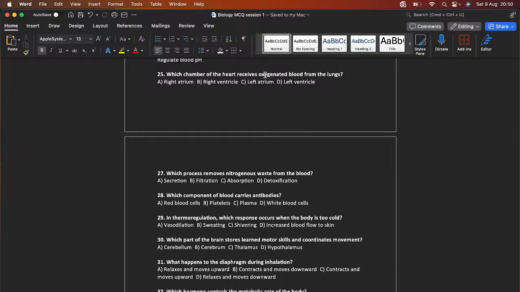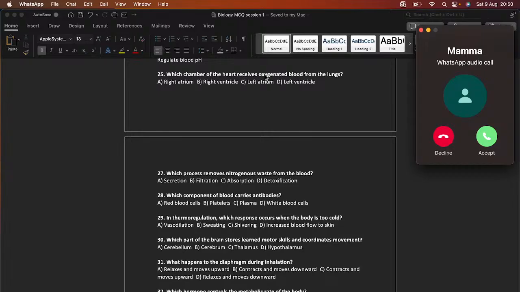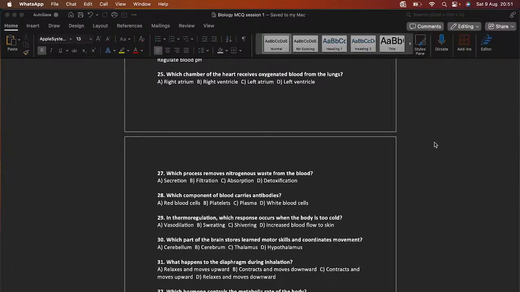Those go into the right atrium. But the difference here is that when the heart contracts and pushes the deoxygenated blood into the lungs, it does that through the pulmonary artery, while the oxygenated blood comes back into the heart through pulmonary veins. Okay, so we have a small difference here compared to the systemic circulation. Oxygenated blood in the systemic circulation is found